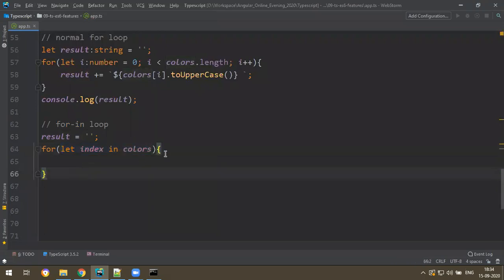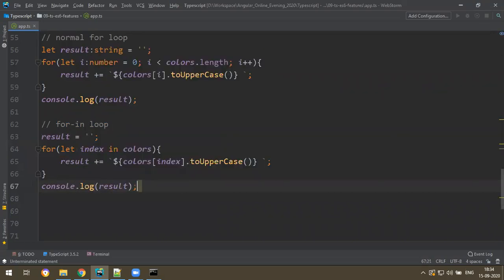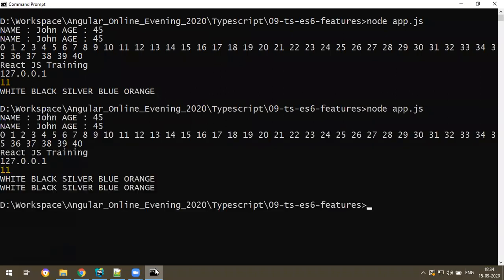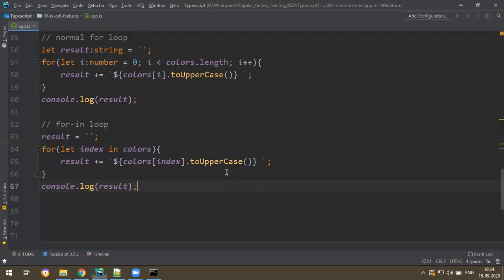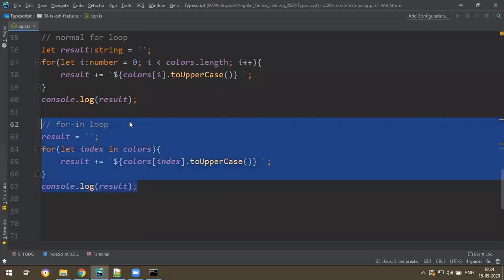This is also iteration over each element of colors, and you can use the same result like this, but instead of i we have index, and then you write console dot log of result. If you check the answer, same answer. So this is another way, that's called the for in loop.